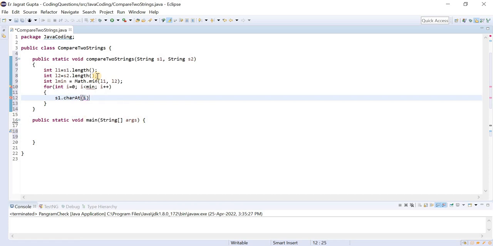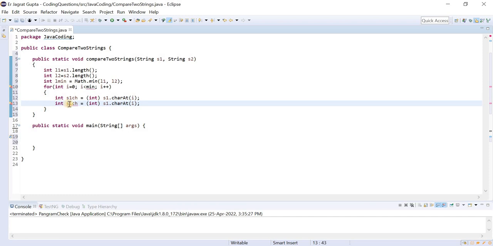Hope it makes sense for you guys. It will extract the character, but I need to convert it into an integer, so I will typecast it and store it in int s1ch, let us suppose. The same thing I will apply for the second, that is s2ch, with s2.charAt.